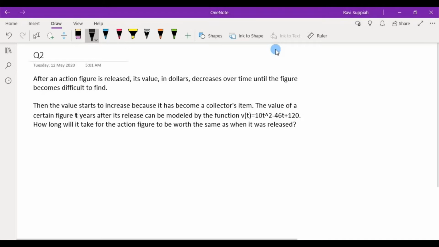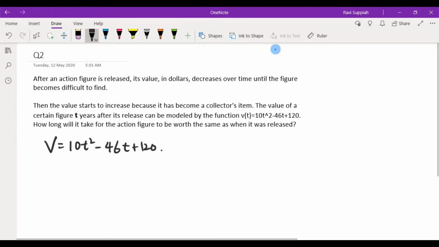So let's rewrite this function. V is equal to 10t squared minus 46t plus 120. How long will it take for the action figure to be worth the same as when it was released? So let's come to some basics of quadratic equations first, and then we will be able to guess or do a quick sketch of this quadratic